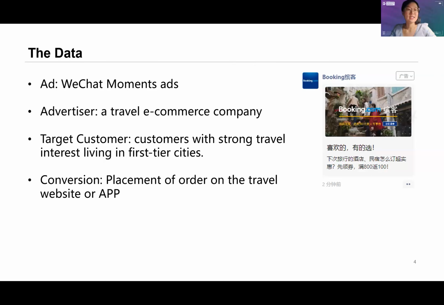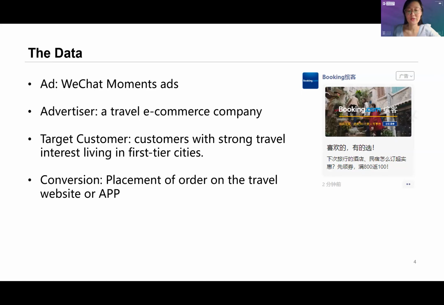The present study is contextualized in WeChat moment advertising. It shares similarity with Facebook feed advertising. WeChat displays ads in the personalized feeds of targeted users, which is largely similar to Facebook. When users scroll through posts of their friends, they may see the ads. Users can express their attitudes towards the ads by liking or commenting on them, and they can also forward the ads to their friends.